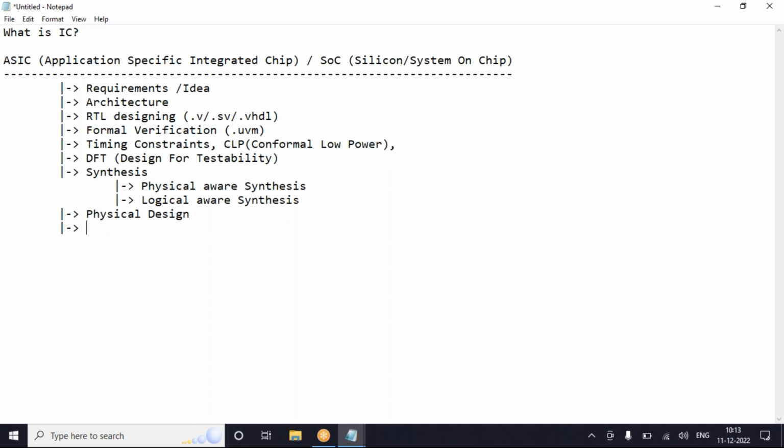Okay, physical design is a separate flow. Again, we'll touch upon that after covering this ASIC flow: sign off and chip post silicon validation.